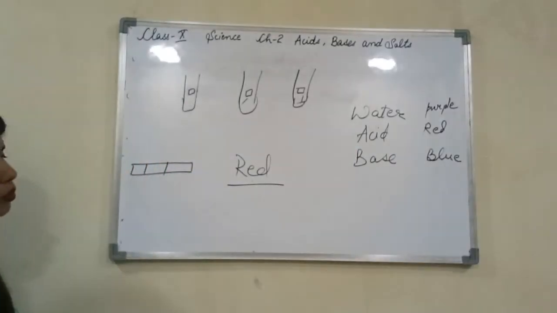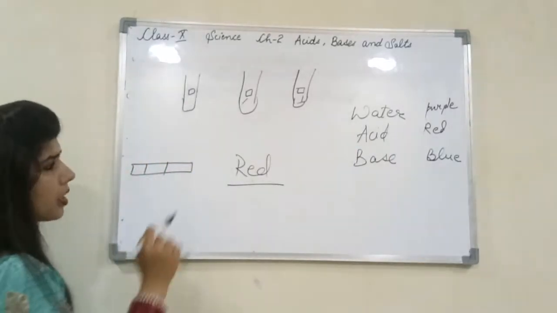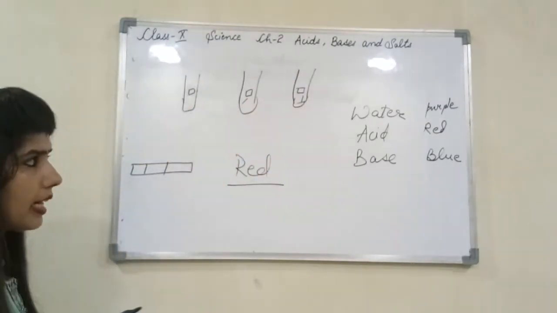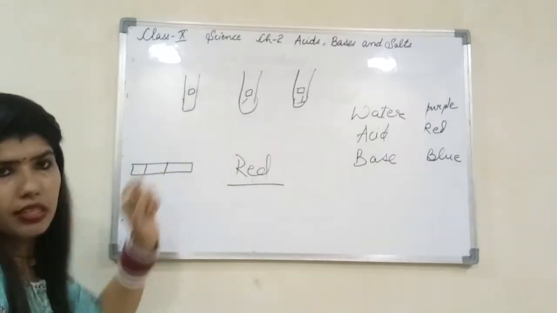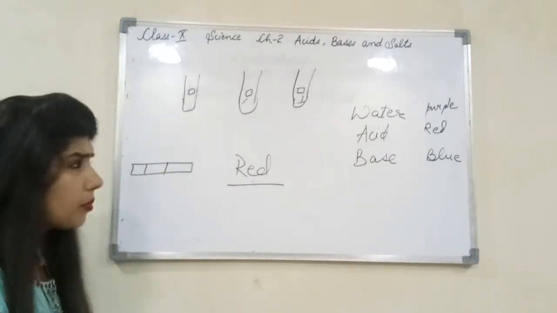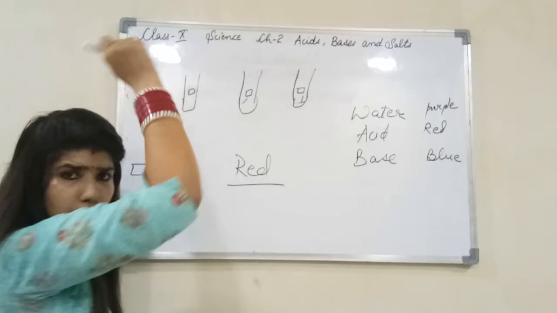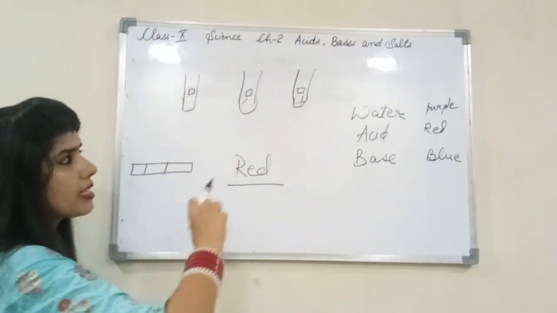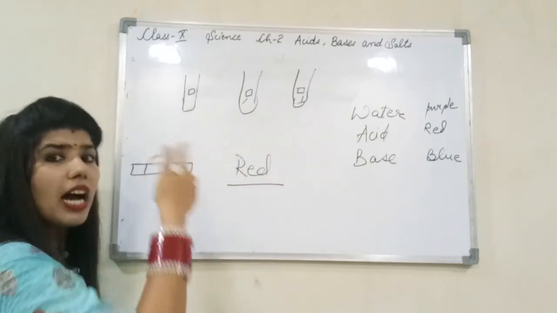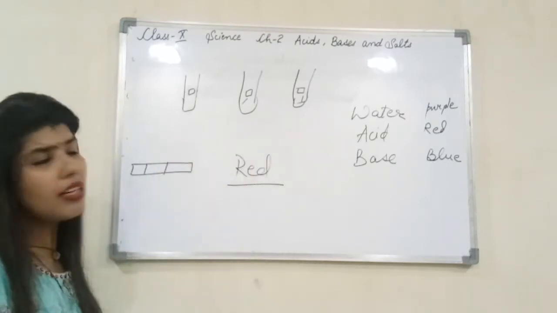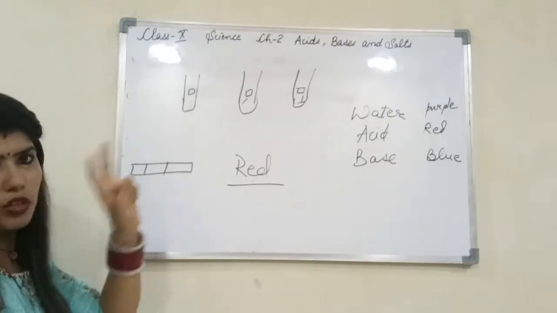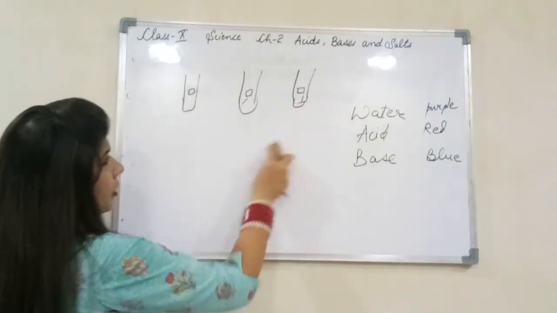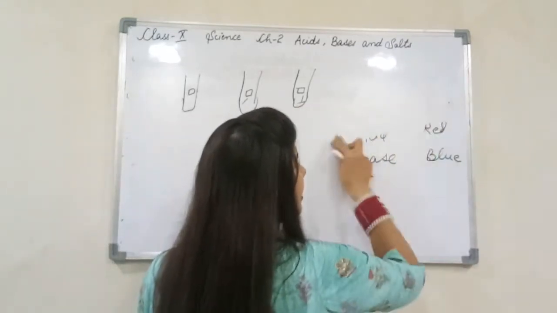You can do one more way of doing this question. You can take that red litmus paper and put in one test tube. अगर तो वो रेड रहता है, ठीक है, it's clear to you that it's an acid. अगर वो रेड रहता है, then you can put in other test tube, ठीक है. अगर वो bluish, its color starts fading, then you can say it's getting purple. अगर वो dark blue बन जाता है, then you can tell it as a base. Okay, this way you can do. There are 2 ways of doing this. I have told you both the ways. Now moving on further, the next topic is acids and bases in lab.